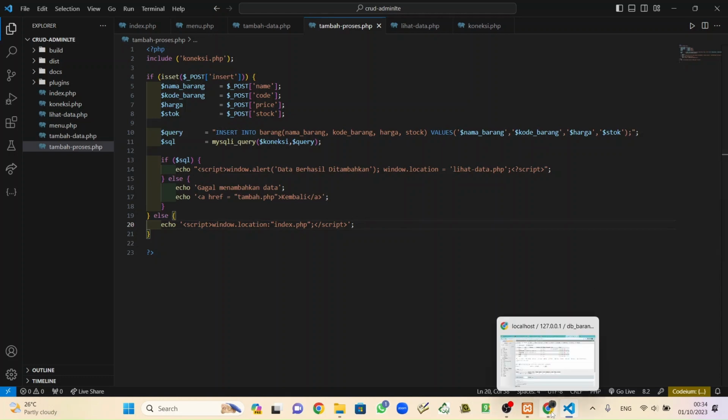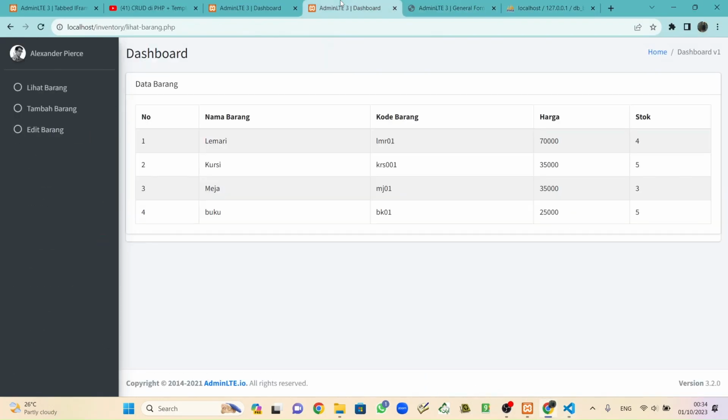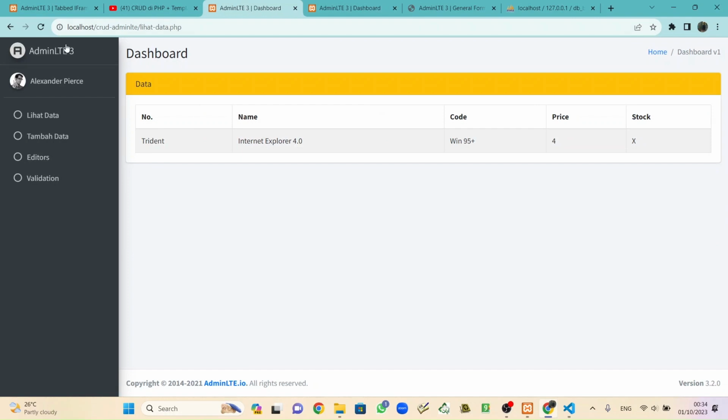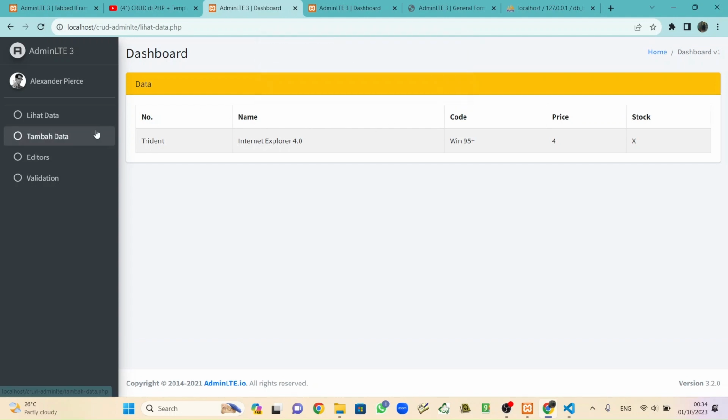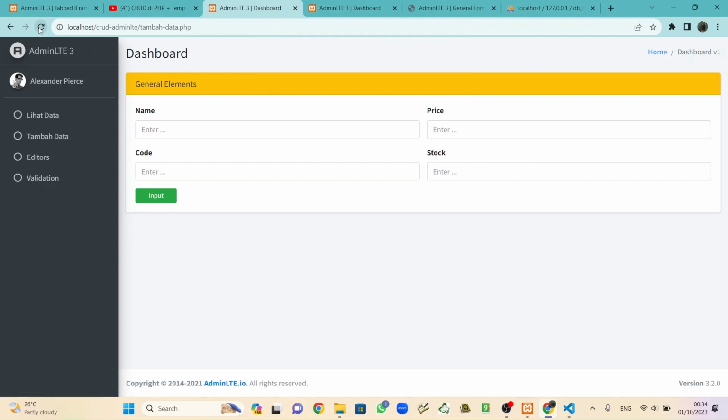So back to the Chrome here. Reload. Oh no, there is something wrong here. Oh, at tambah data, I'm sorry. Tambah data. Reload. Okay.